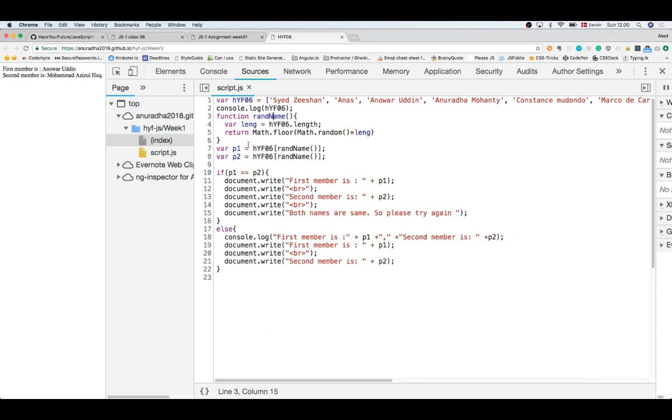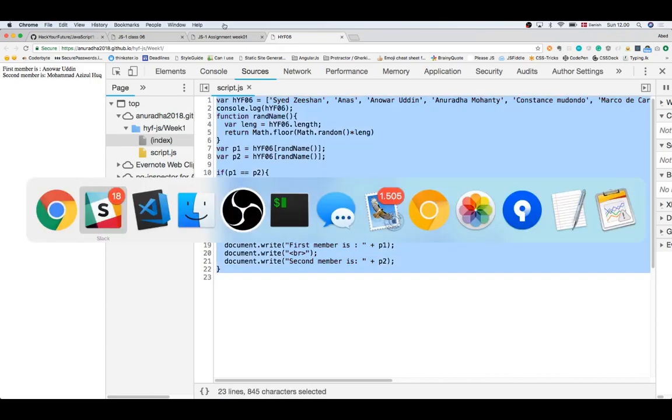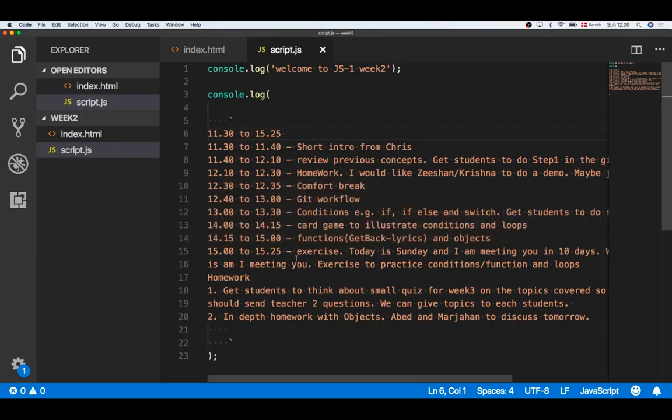So you are assigning P1, calling a variable, and then getting a random number from the function name. I don't know if I can do the same for myself.